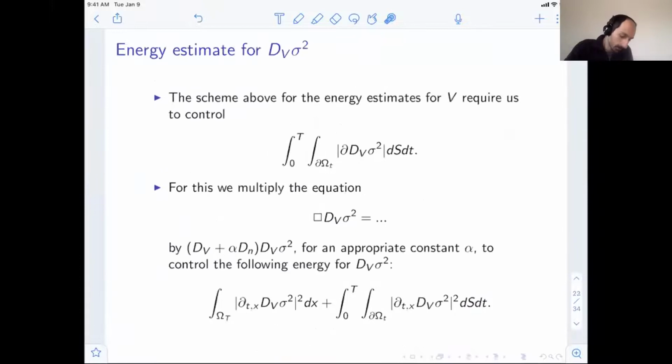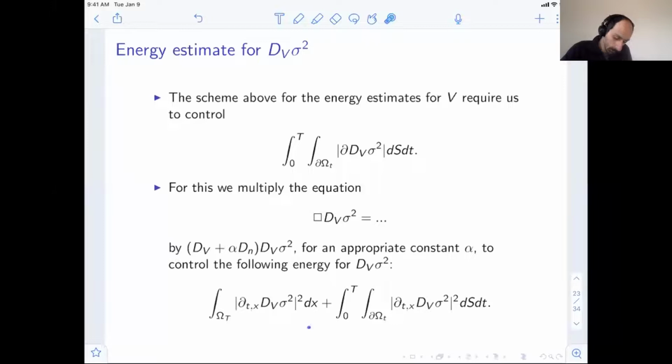So again, this is the type of thing that I need to control. And again, we have a wave equation with Dirichlet boundary conditions. Okay, and again, by an appropriate multiplier identity, which is not just dv sigma squared, you have to add certain normal component to your multiplier for an appropriate alpha. You multiply by the right thing, but I won't go through the model case again. One can write up a model case, and of course, I'm ignoring all the nonlinearities that one has to control, but roughly